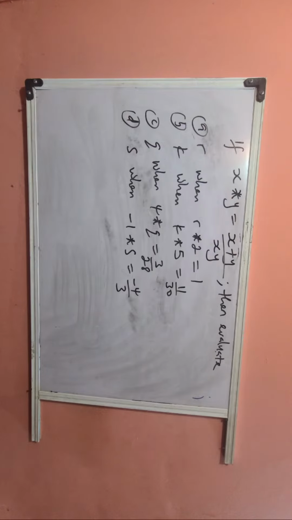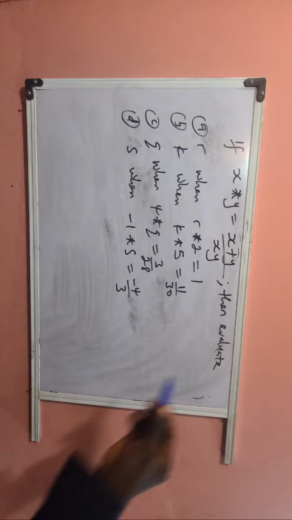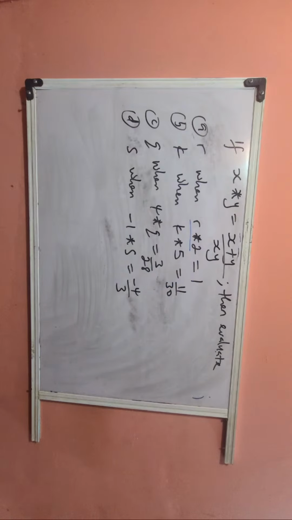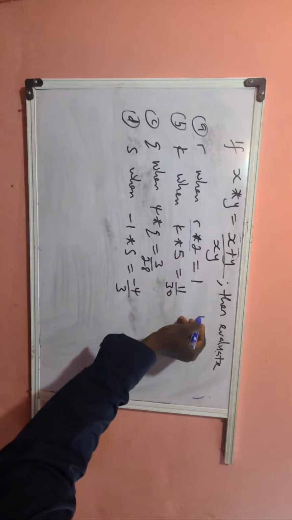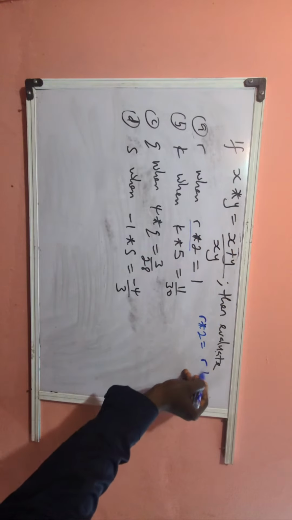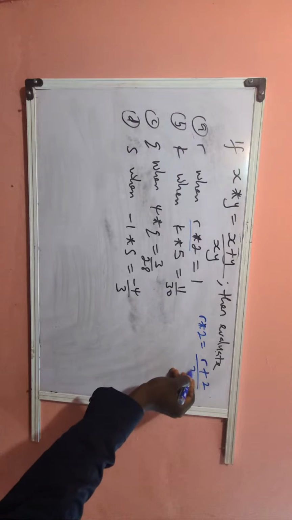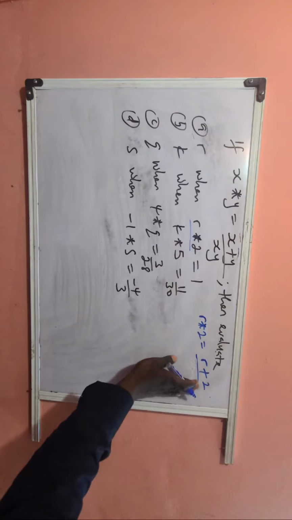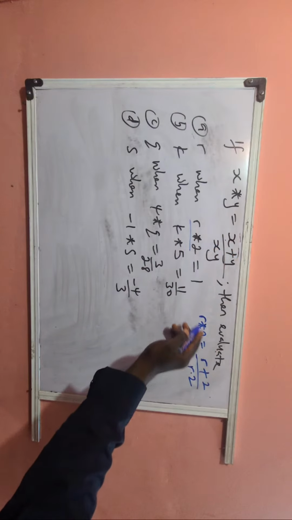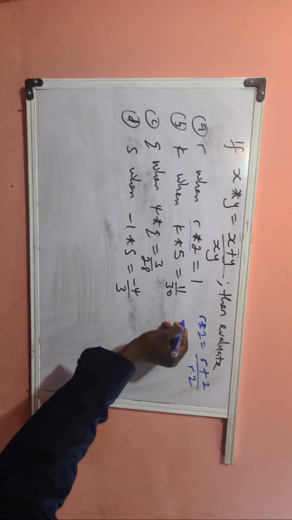If you're wondering how they got R as 2, let me try and solve right here. If you say R times 2 is 1, all you're telling us is that, don't forget you have this initial function. So you have R star 2 equals R plus 2 over 2R. The first plus the second, which was R and 2, then you'll be having